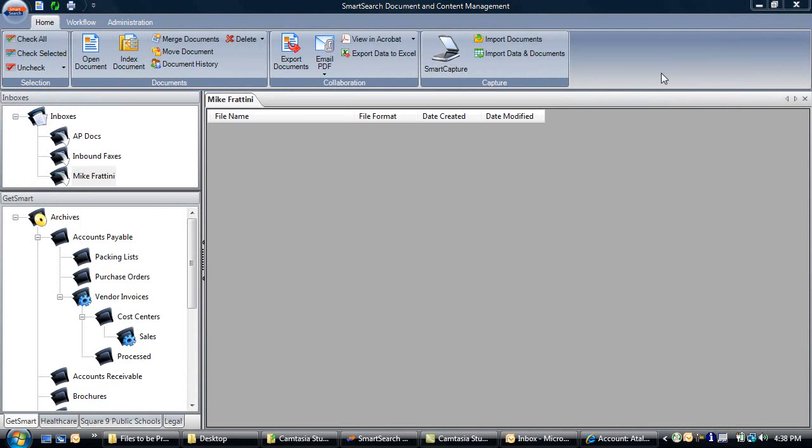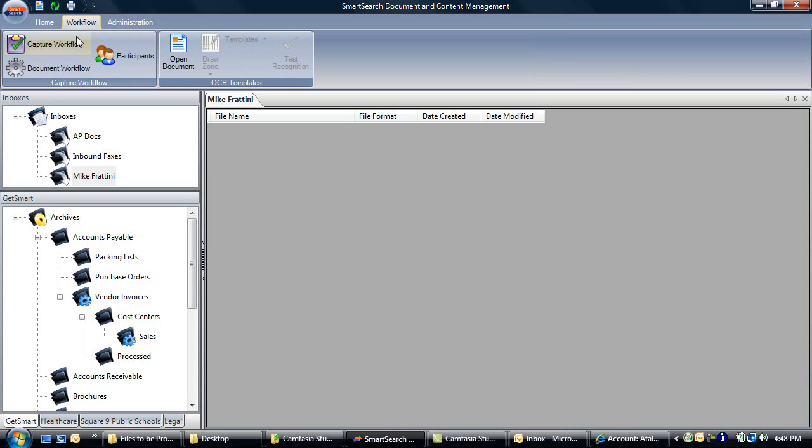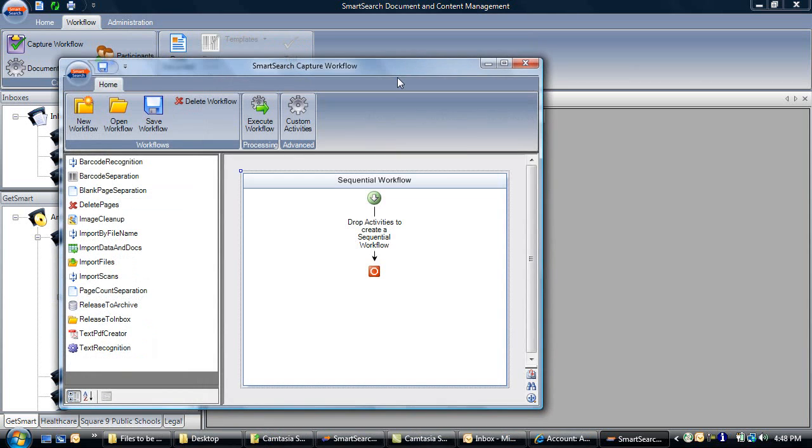In addition to PDFs and scanned images, SmartSearch supports the storage of any Windows recognizable file, and all documents in SmartSearch are stored in their native format without any proprietary wrappers. Using our built-in Capture Workflow Studio, SmartSearch can completely automate many capture, batch separation, and OCR or barcode indexing processes